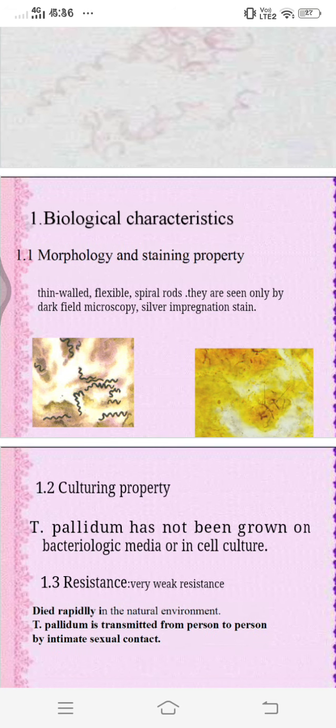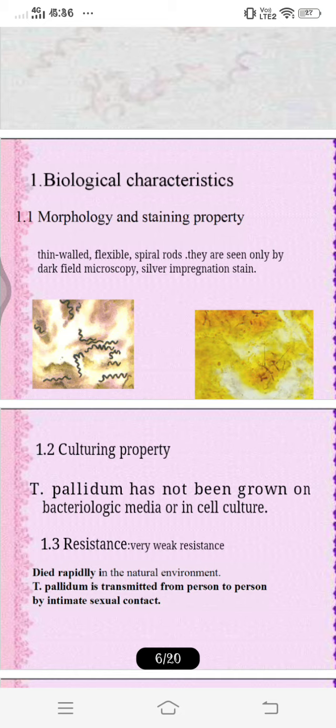Pallidum does not take an ordinary bacterial stain. It can be seen by dark ground microscopy, the silver impregnation method for cultured films, Levaditi for tissue sections, negative staining using Indian ink or nigrosin, Giemsa, which stains it pale pink, and electron microscopy. Let us understand how they grow artificially. Actually, we cannot grow them artificially, and they are maintained by serial testicular passage in rabbits, for example the Nichols strain. The non-pathogenic treponemes, for example the Reiter strain, can be grown in Noguchi's medium.